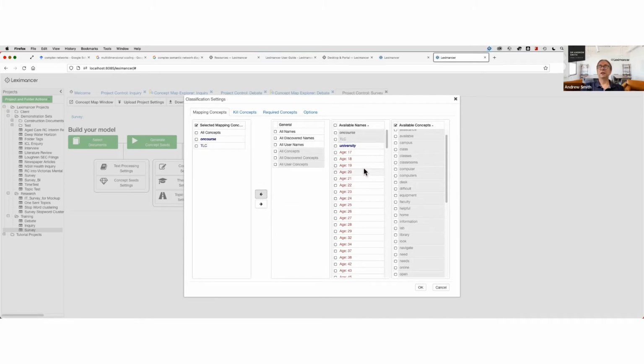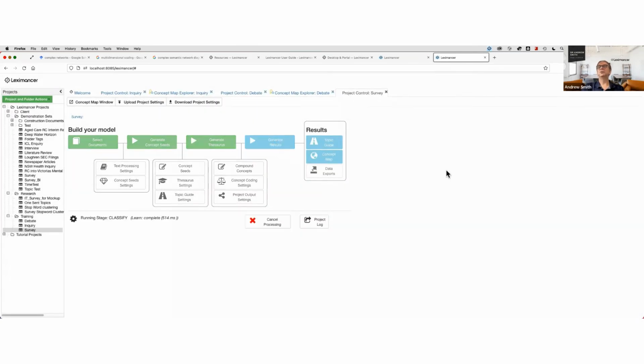Okay, so now the question was, how do I choose what tags are going to be in the model? Now, note that by default, tags are not included in this list. So if I just run it through, none of these tags would have been in the model. I have to go and put them in this list. I usually choose satisfaction score, but I'm going to change things and I'll put the position there this time. So I selected the tag variables I wanted on the map and in the charts, and I put them over here in the mapping concepts list. So now they will appear. So this controls what concepts and what tags are used to code the data and appear in the model. So if we hit OK now, and then generate those results,